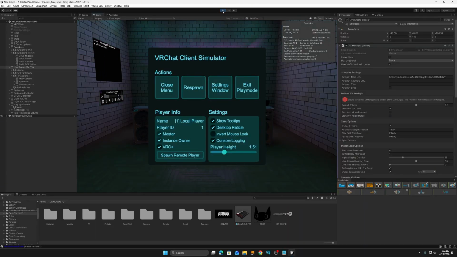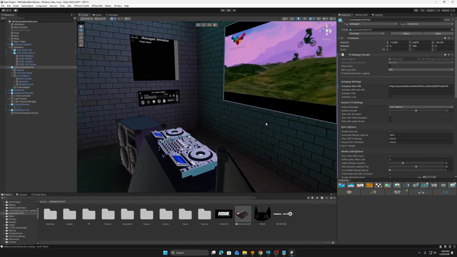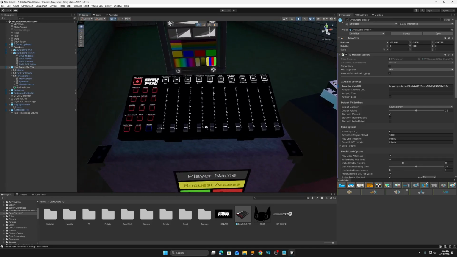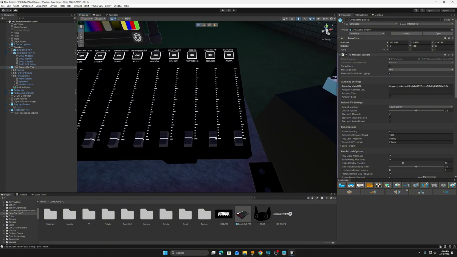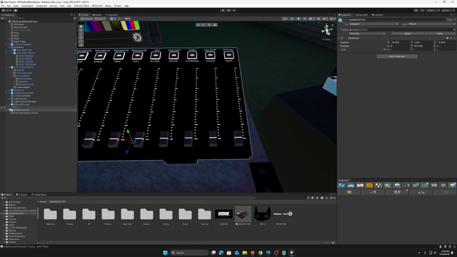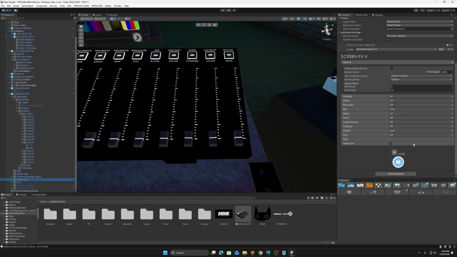What we're going to do is customize it just a little bit, and we're going to add some effects. We're going to change some of the things in it. So for the hue shift, we're going to change this up. So we're going to go ahead and click on the shader FX, and we're going to go ahead and click on